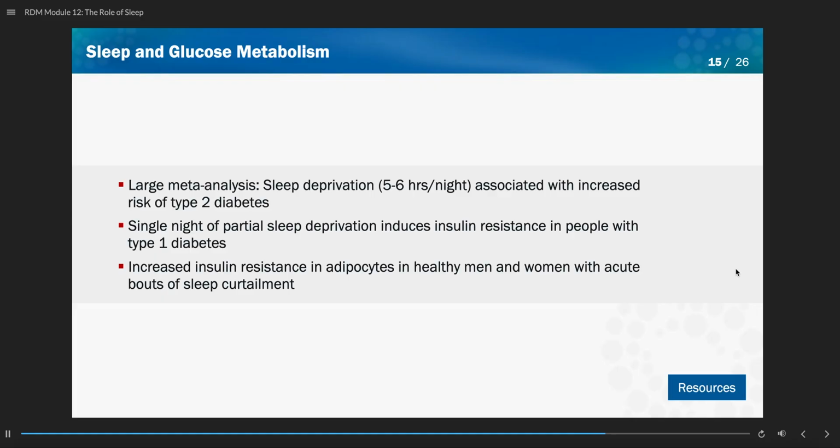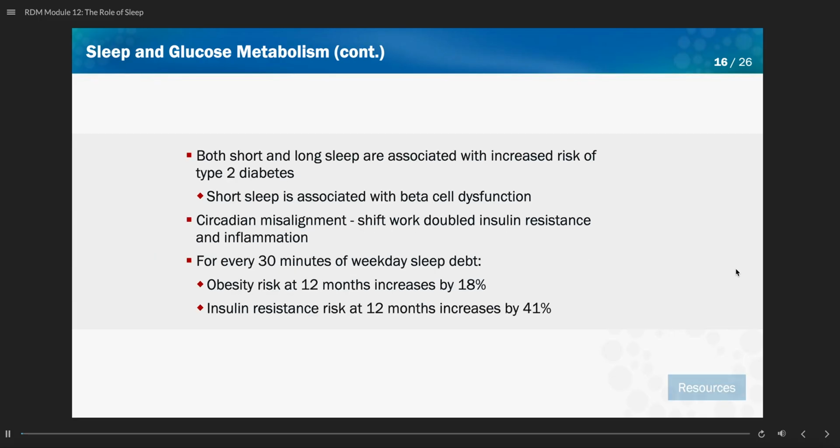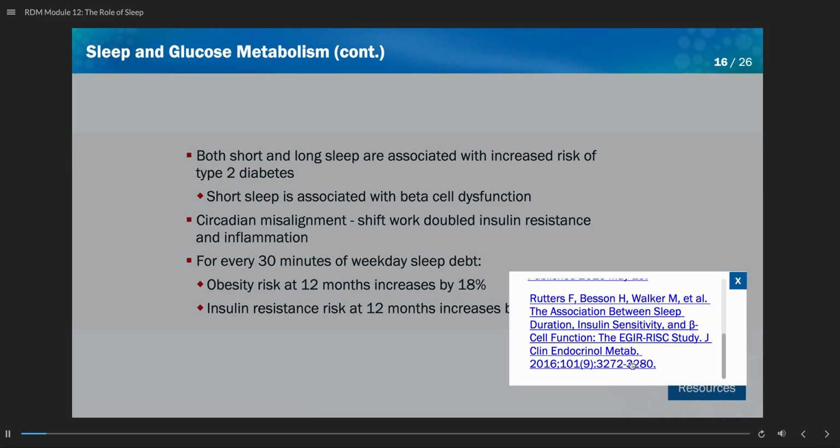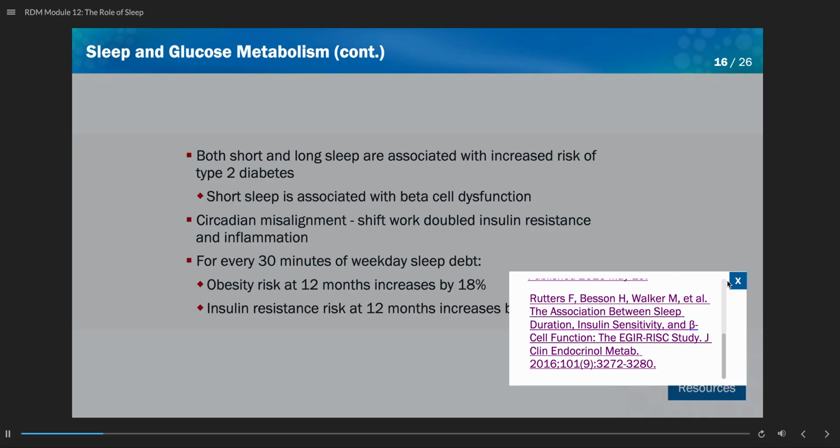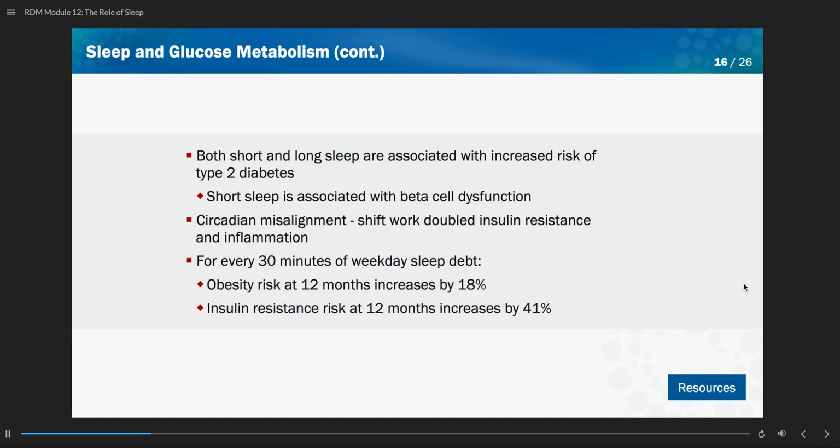So skipping a night's sleep or cutting the sleep short because we have a lot of work increases the adipocyte insulin resistance, the fat cells. So it's multiple sites and multiple physiologic mechanisms. Furthermore, in some other research, it's been found that both short and long sleep are associated with an increased risk of type 2 diabetes. So short sleep is associated with beta cell dysfunction. And so that's really critical, I think, when we understand the sleep deprivation that is pervasive in our culture today,